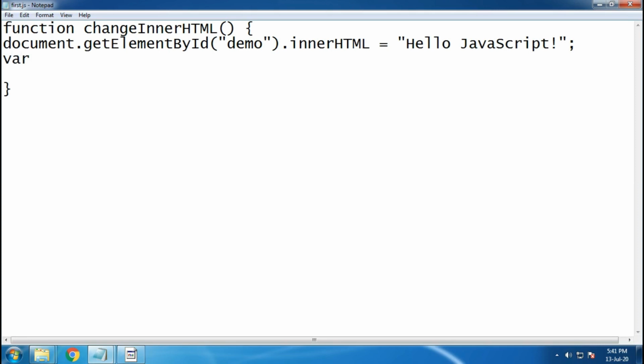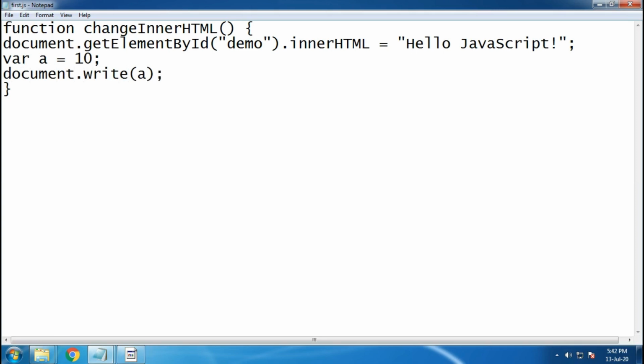Okay, so if I write var a equal to 10, what does it mean? That a is a variable which is holding the value 10. Now, to show you how we can access this variable, for the output we can write document.write, and this will write the value of a in our HTML.